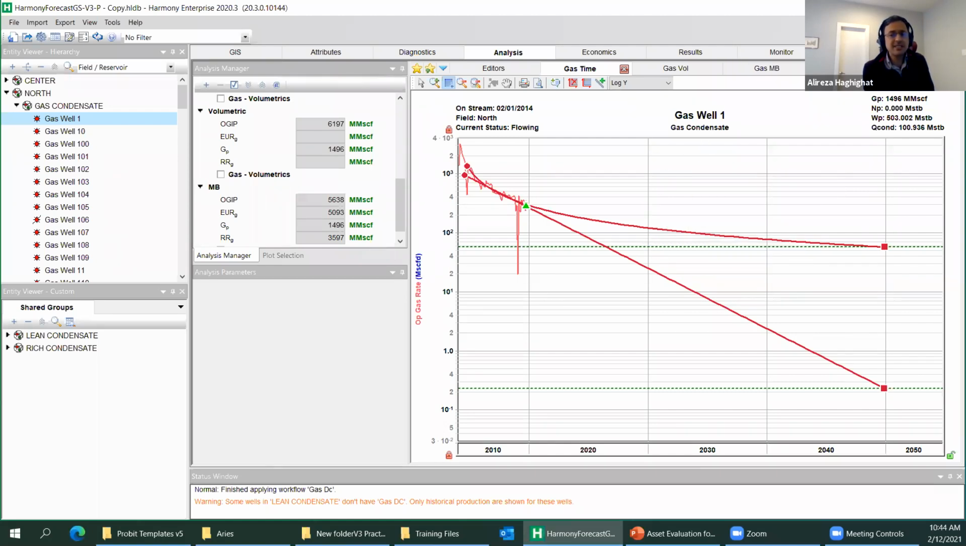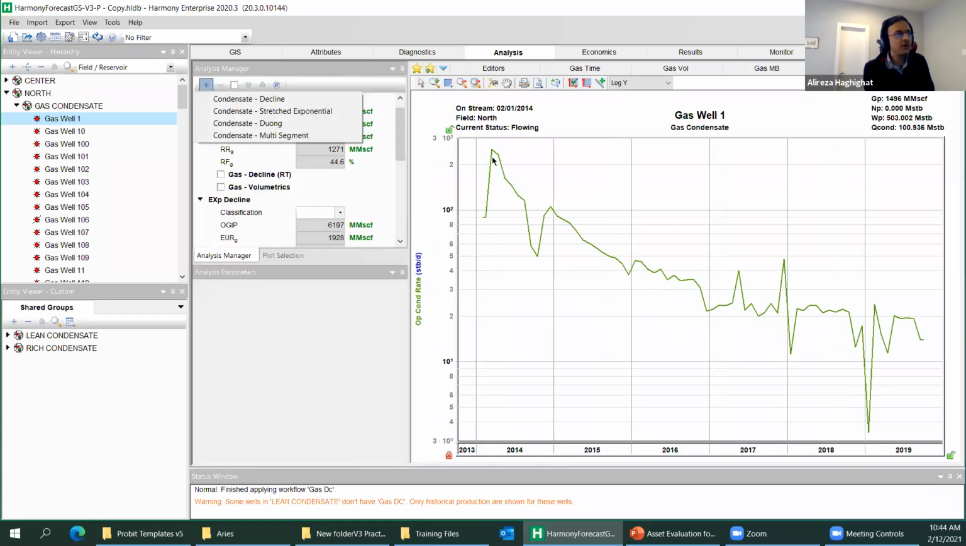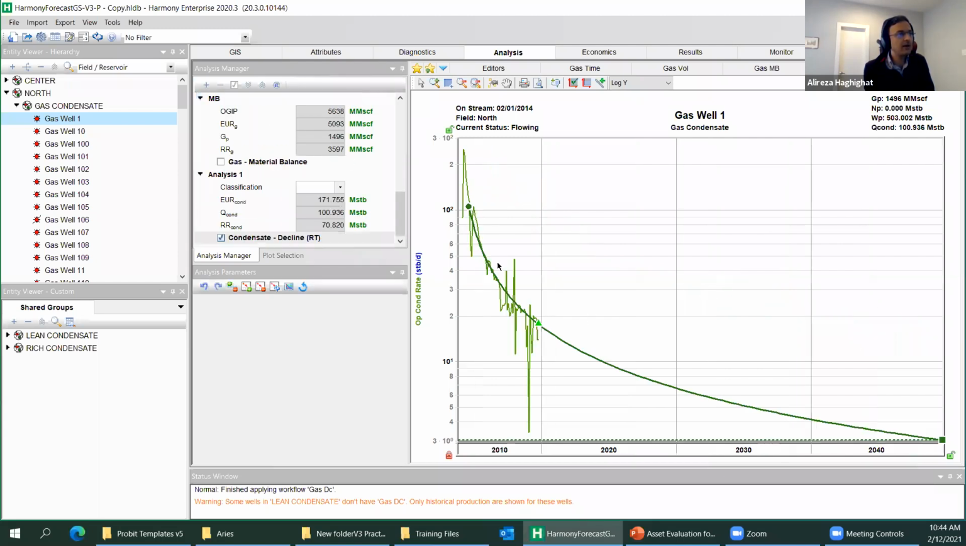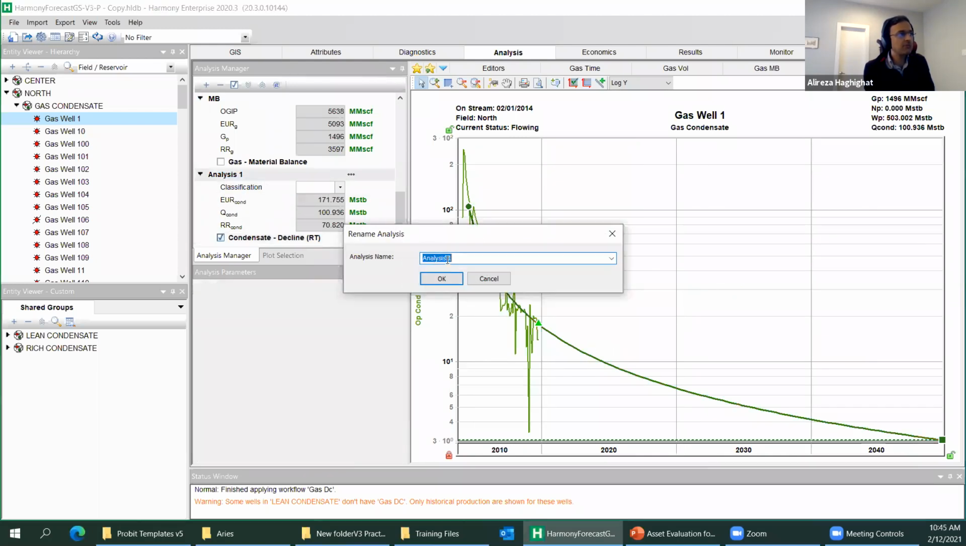So exactly the same as, you know, gas phase, we can perform decline curve analysis for condensate. So you can click on decline, condensate rate versus time. We are looking at condensate rate versus time, and then we can have a condensate decline. You can see the decline curve analysis, and I rename it to condensate